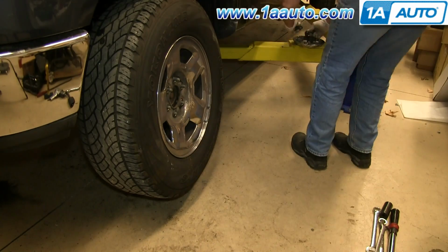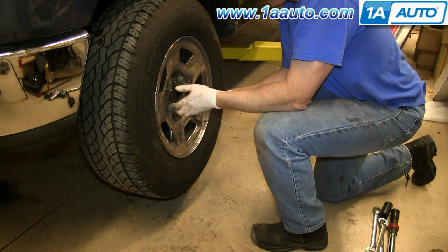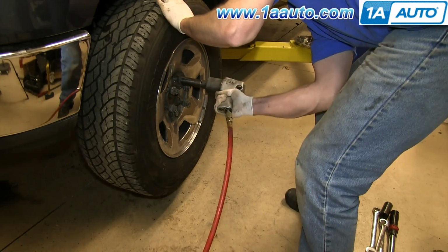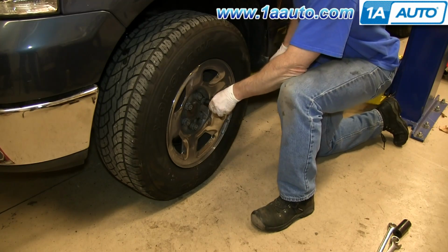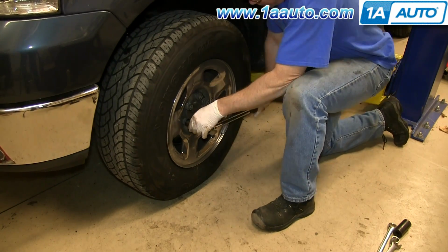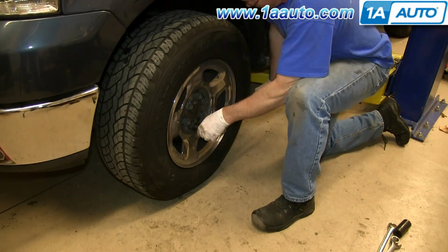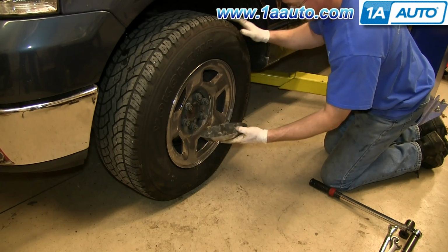Now we'll fast forward as Mike replaces the wheel and replaces the lug nuts and tightens them preliminarily, then lowers the vehicle and tightens them the rest of the way. And then torque each of them in a crossing pattern to 120 foot-pounds. And then just replace your hubcap,